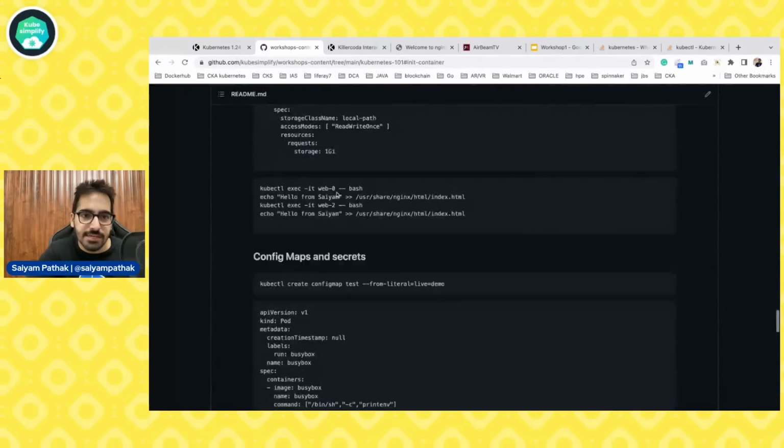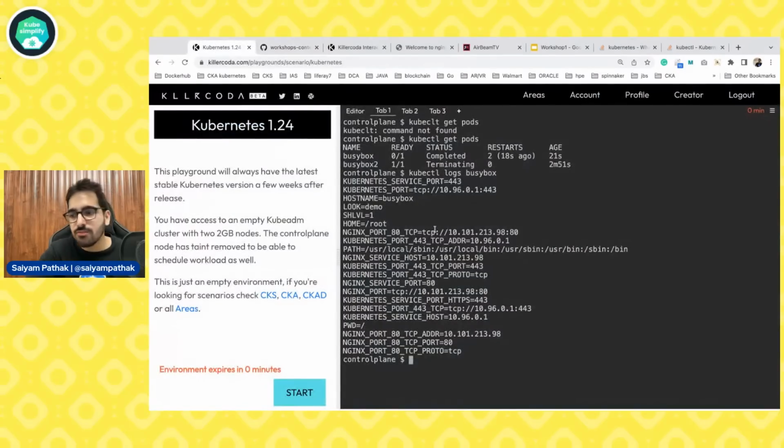Cool. So we have completed all the parts of the workshop for Kubernetes 101, and let's go back and check if we have covered everything. So we have covered deployment, stateful set, networking, authentication, authorization, and admission, and the very basics of RBAC. RBAC, to be honest, is like service account creation. Then you create cluster role or role, and then you create cluster role binding and role binding that I created. So cluster role defines